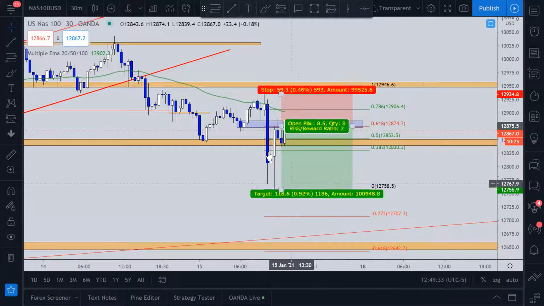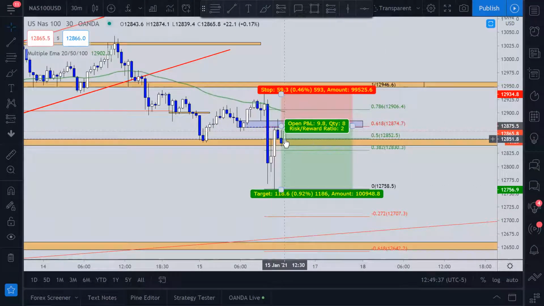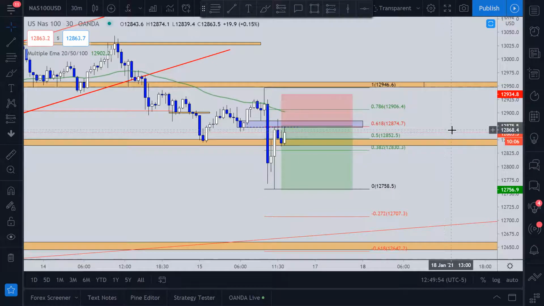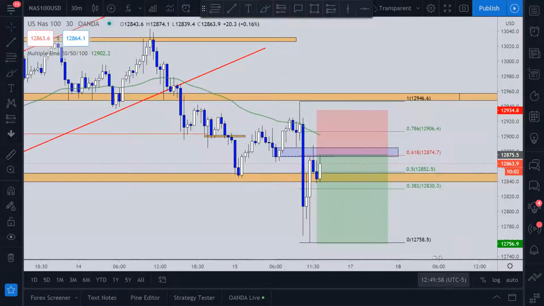So let's see. We're getting a little wick action over here. So I'm hoping that this white candle, this bullish candle, will end up like this bearish one: give me a nice wick down and then break this low. Once it breaks this low, we're good to go. We can breathe, but I'm not breathing right now. But that wick is getting a little bigger, so that's a good sign. Hopefully,